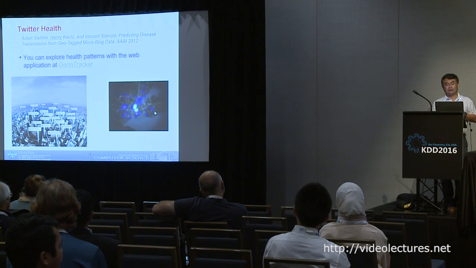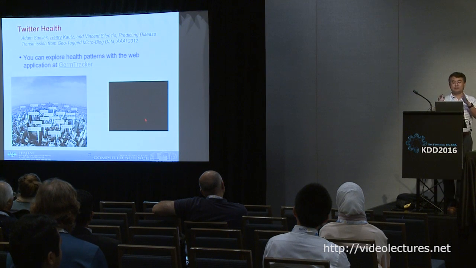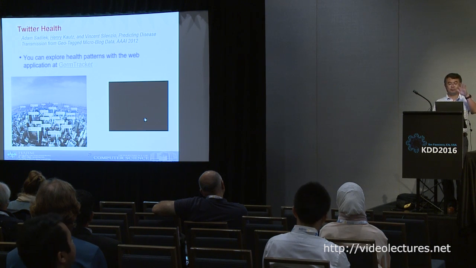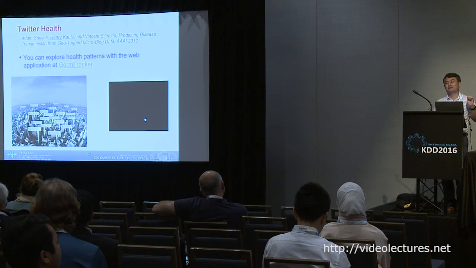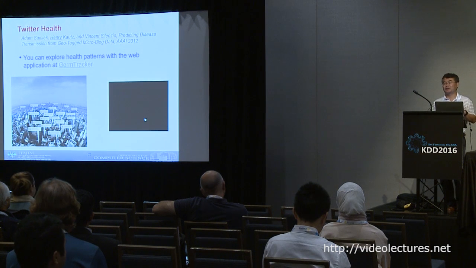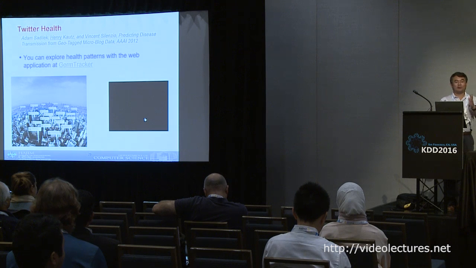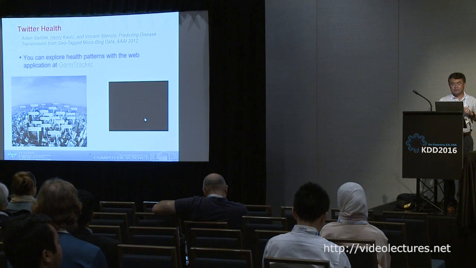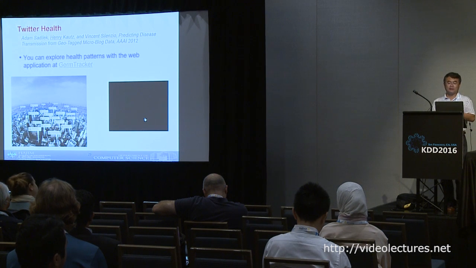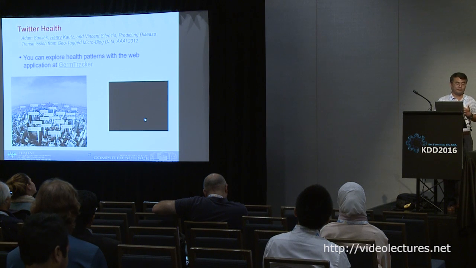Okay, then some of these tweets have geotags, so you can actually put them on the map, like I was showing you. So this is a live map they built for Manhattan. Okay, so the warmer the color is, the more sick people are concentrated. So what's the use of this? Well, you want to stay away from them. Okay, you want to go to the lighter color areas. So this is their first work, and later on they did something that was actually adopted by the government, by the city of Las Vegas.